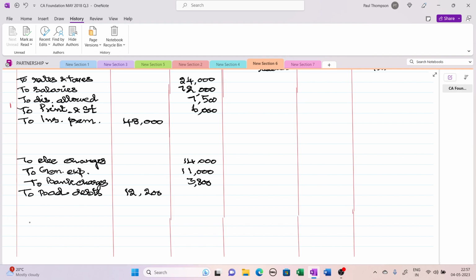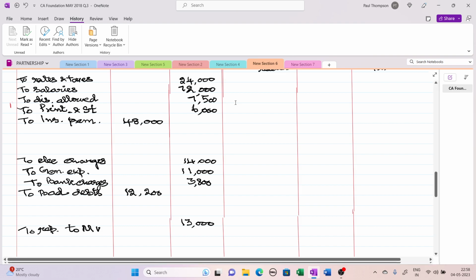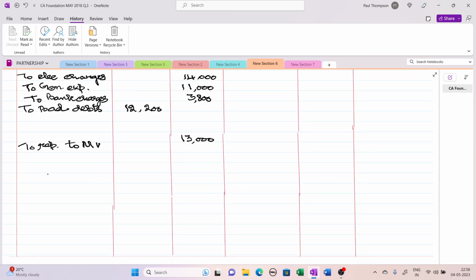So for the bad debt adjustment, we will have some lines to repair to motor vehicle. Repair to motor vehicle is 13,000. Next item is interest on loan. There is an adjustment, we have to calculate the interest on loan. So I am writing it in the inner column. Interest on loan